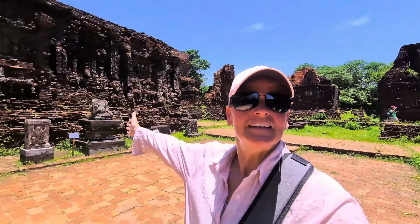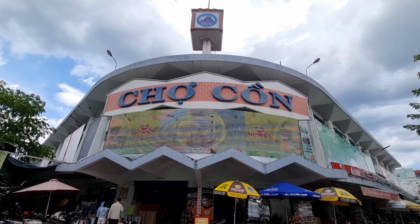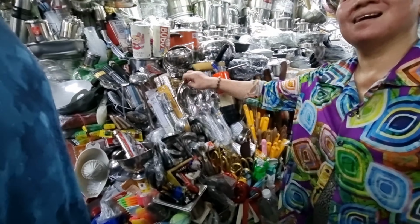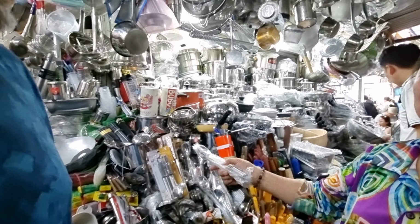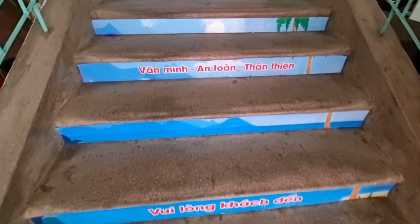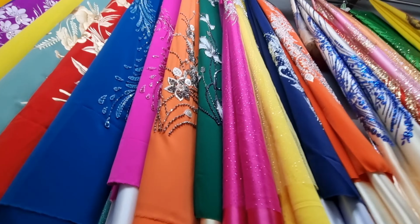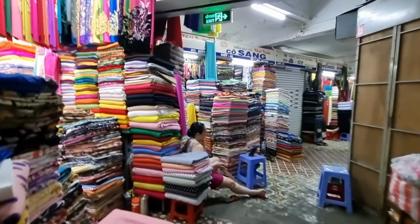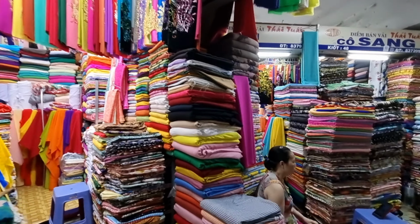unique religious practices. The Chon market is a big market with vendors spilling out into the aisles. It's a great place to practice your bartering skills or have a bite to eat at one of the local stalls. Here there are 2 floors, and on the second floor you'll find all the material you can imagine. So if you're looking to have something made or just to bring it home, that's a perfect spot to go